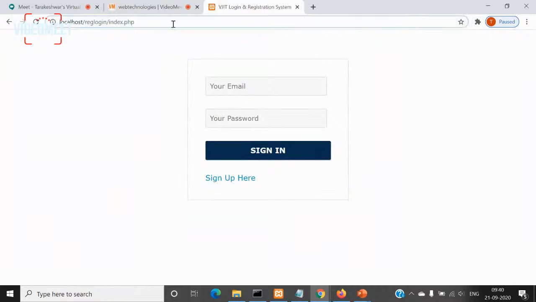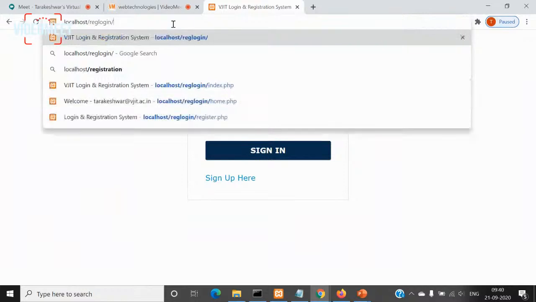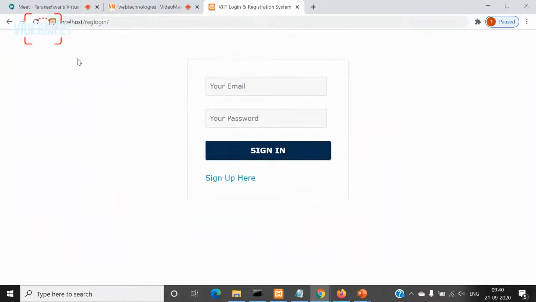So the web servers are designed in such a way. Any web server, not only Apache web server. Later you're going to see Tomcat web server. So all the web servers will open by default a page called the index page, right? If that index page is not there, then it will list out in the browser what are the files available in your folder. Say, for example,